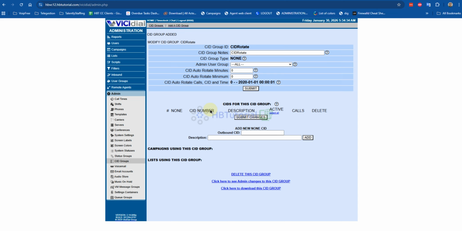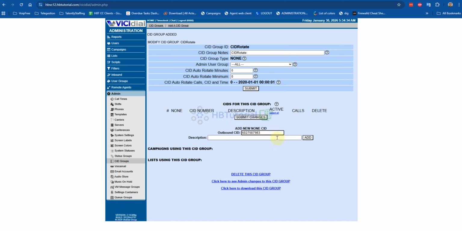Okay, we will start on the CID rotate. Okay, so for CID rotate, for example, we have a lot of CID, but you are mostly dialing one area, or one state, but you have only limited DIDs, you can also use this one.